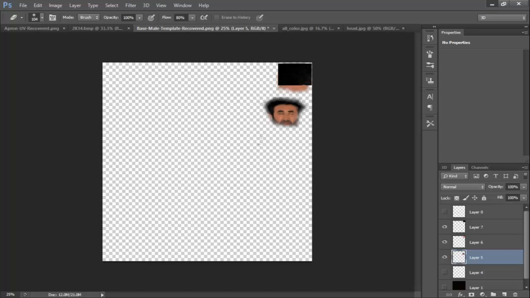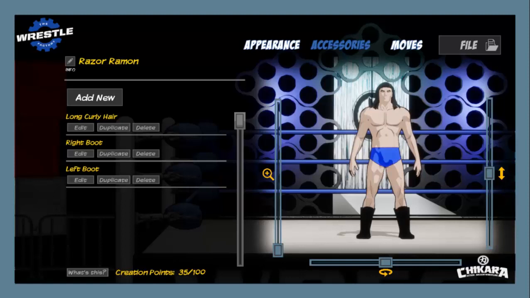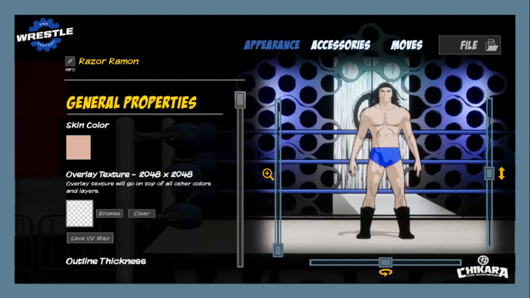I'm probably going to redo that face because it did actually cut some of it off, but we can also put the beard back on in game, which is probably what I'm going to wind up doing. Anyway, let's hop back over to Wrestle Factory now. And let's apply the texture. See what we get. I'm probably going to do some more work on this thing, but